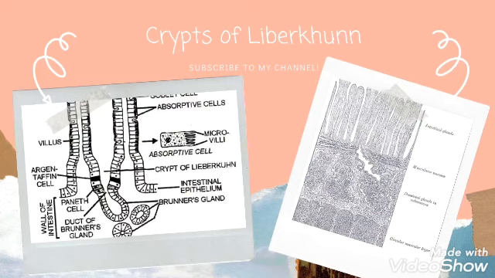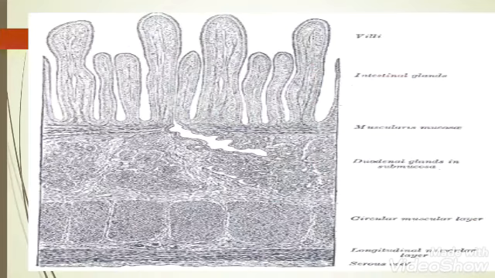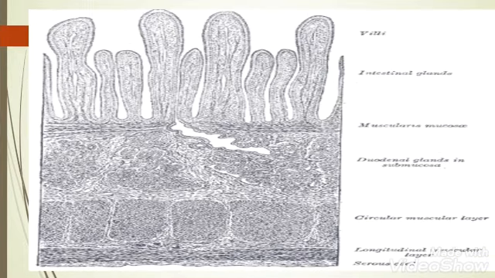Okay, and these particular glands, that is crypts of Lieberkühn, are found in both small intestine as well as large intestine. So in my further slides, we'll be studying about the basic importance of crypts of Lieberkühn. Here this is the total transverse section of the small intestine, and you can see certain layers.